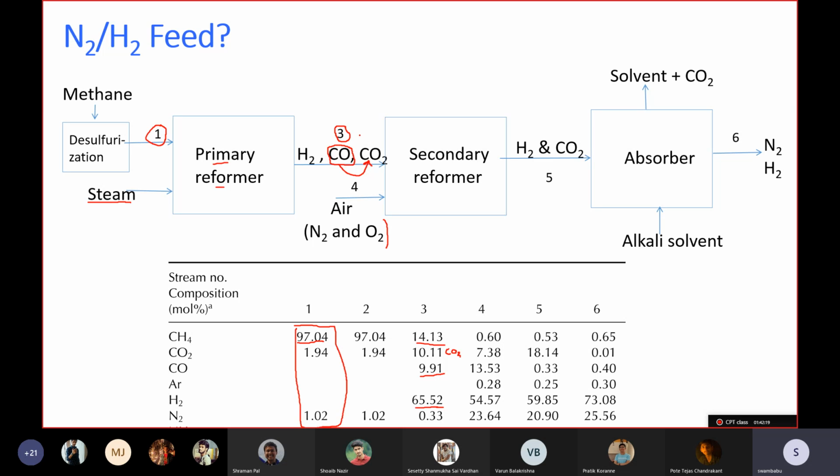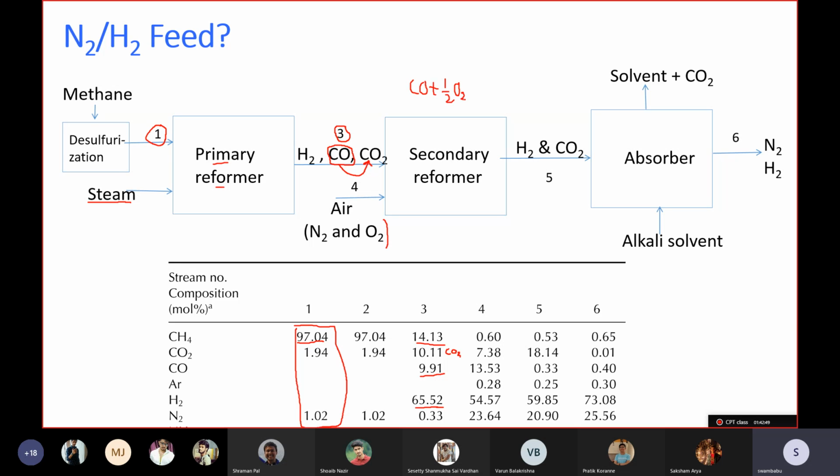So in the secondary reformer, complete combustion of carbon monoxide to carbon dioxide is taking place. That is happening in the secondary reformer. Two things are happening in the secondary reformer: the oxidation of CO with oxygen,